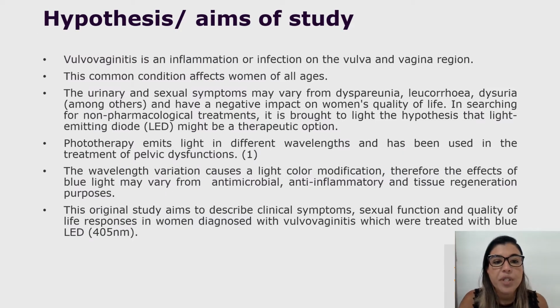Hypothesis. Vulvovaginitis is an inflammation or infection on the vulva and vagina region. This common condition affects women of all ages. The urinary and sexual symptoms may vary from dyspareunia, leukorrhea, dysuria, among others, and have a negative impact on women's quality of life. In searching for non-pharmacological treatments, it is brought to light the hypothesis that light-emitting diode might